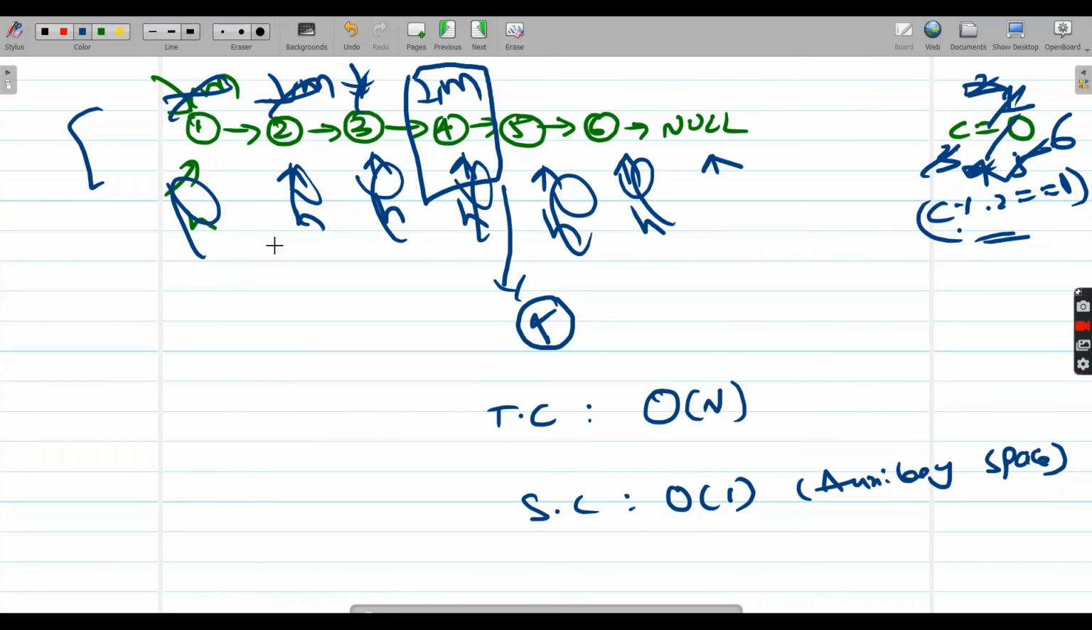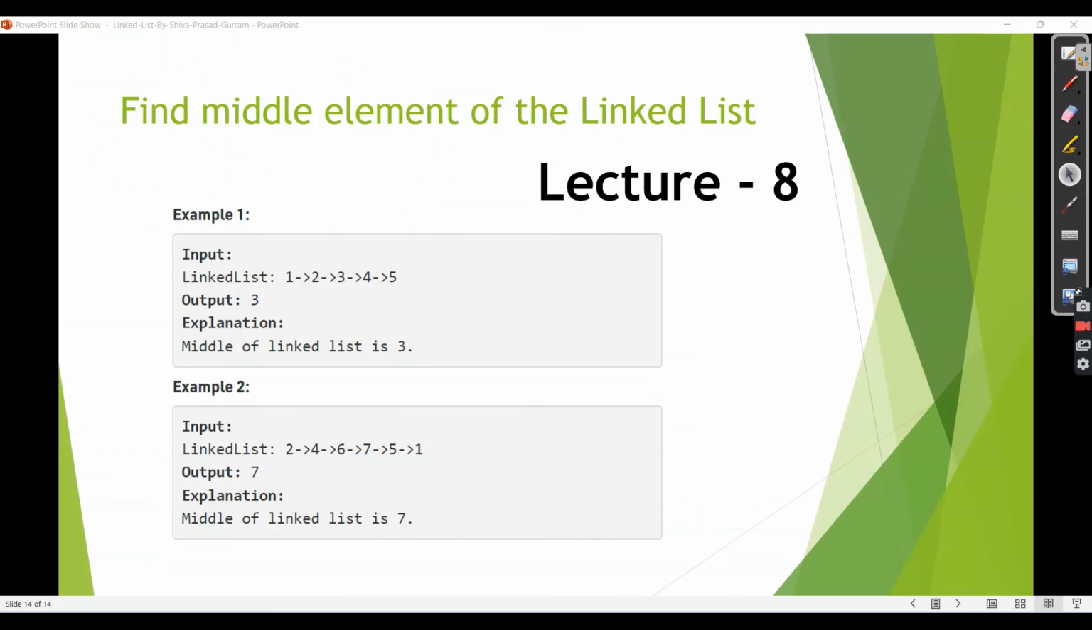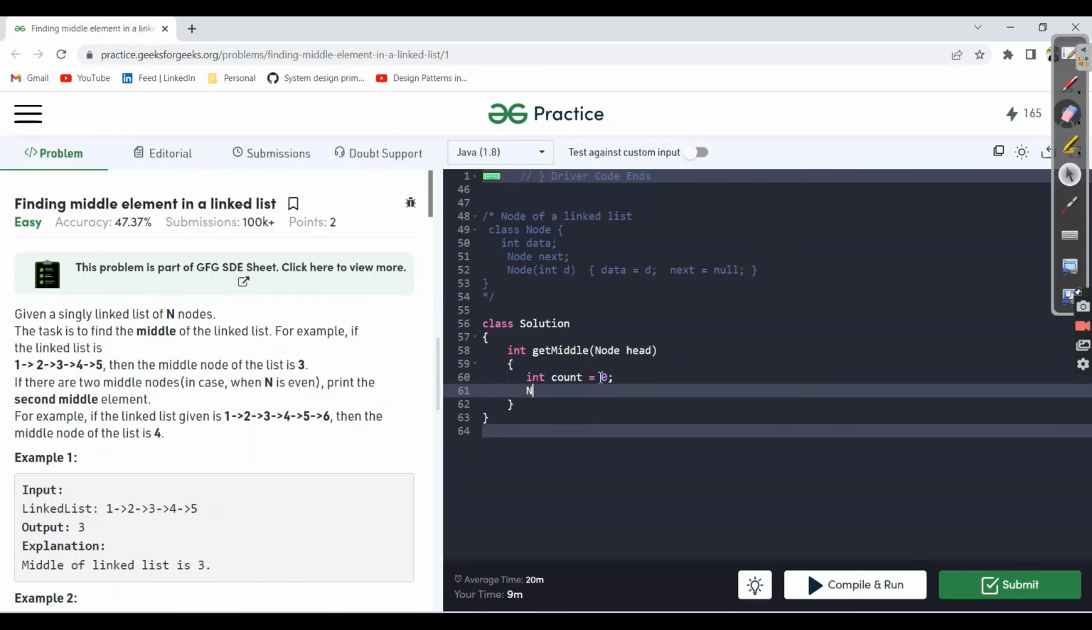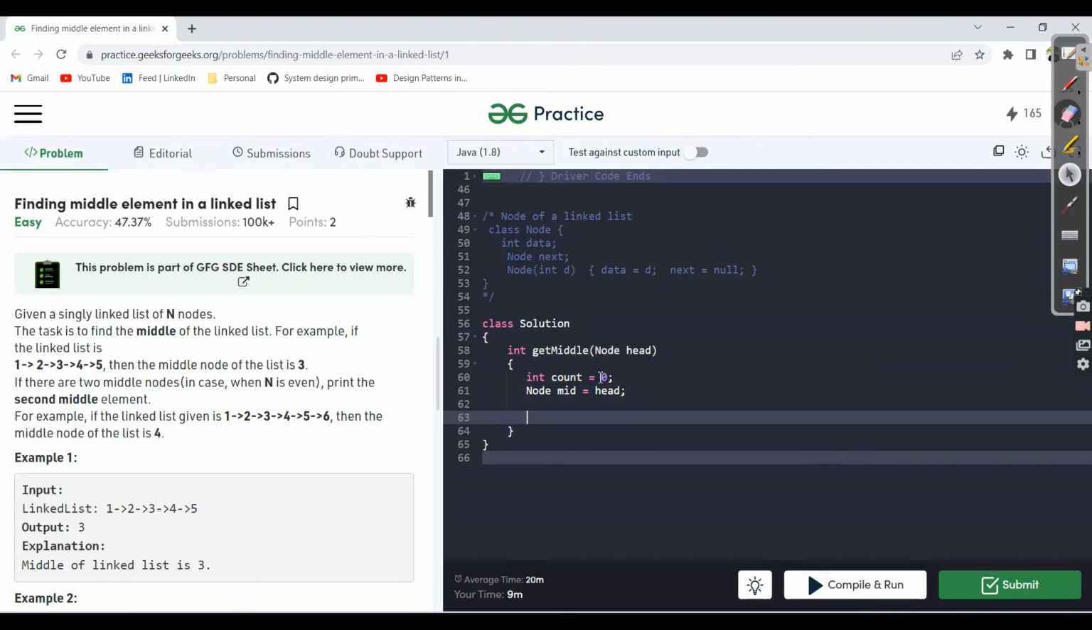Let's code in one way. I can choose any way, so we can go with the third way. Okay. So initially count is going to be 0 and node mid is going to be head. Okay, and we need to do what? While head not equal to null, till this condition,